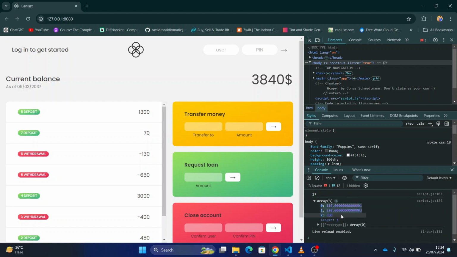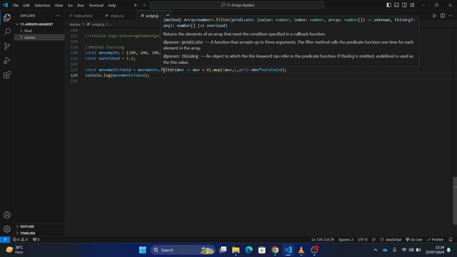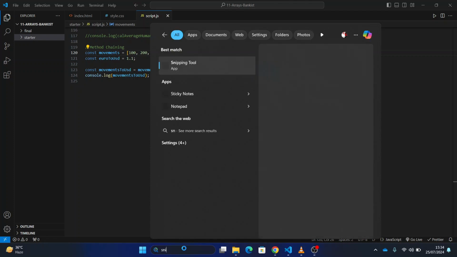These are all the values that are returned from this map method and this filter method, which is 100. These three values are multiplied by 1.1. Now we have to understand that this filter method iterates over each element of this movements array, and it does not happen like this, that it iterates over the first element and returns it to the map method. So let me use the snipping tool here